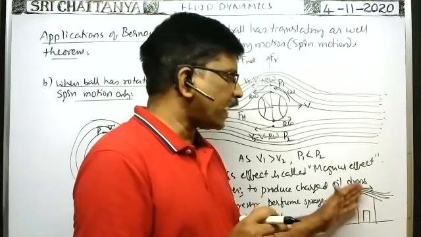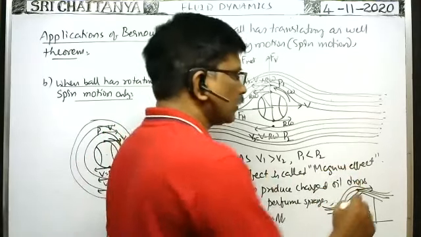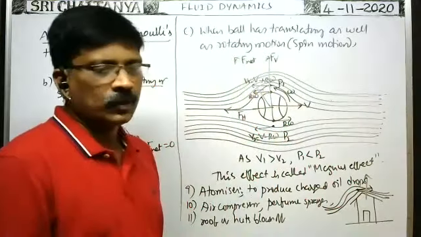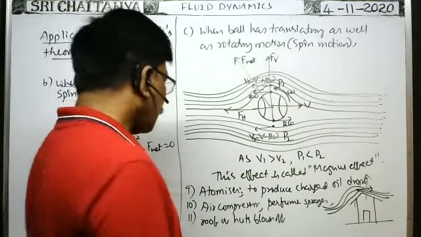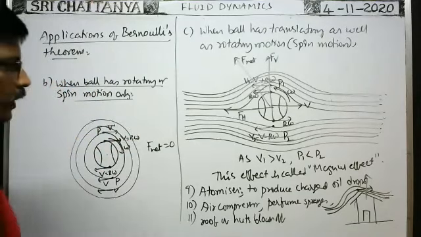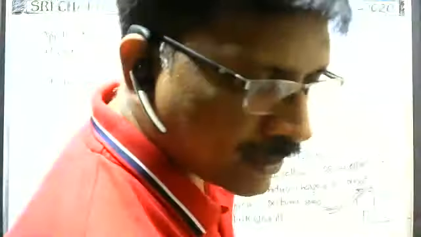That's why a net force acts on the roof, vertically upward. Due to that, the roof will be blown off now and then. So that is because of Bernoulli's theorem. Okay. So in this way, we can give different examples which work on the principle of Bernoulli's theorem. Right. Now we will discuss some problems.